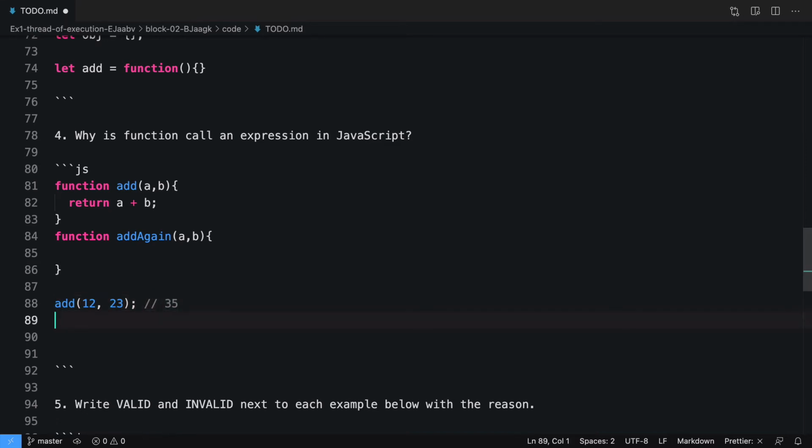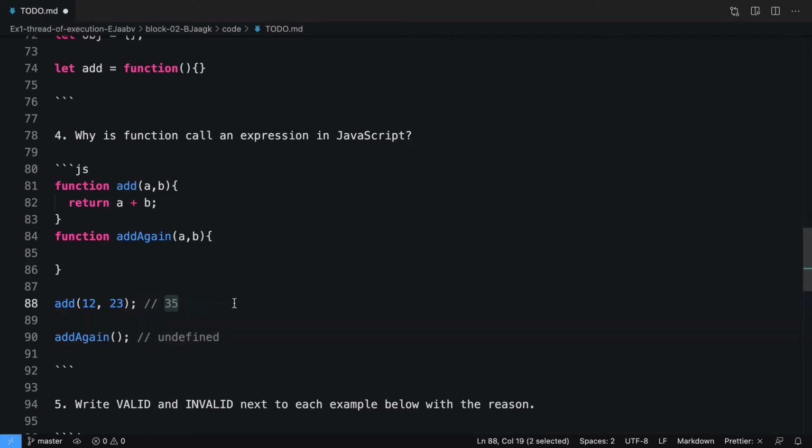However, when you don't have return statement inside function, when you call add again, what will it return? We know that when you call a function, it will always return something. If there is no return statement, it will return undefined. And we know that undefined is also a value and 35 is also a value.